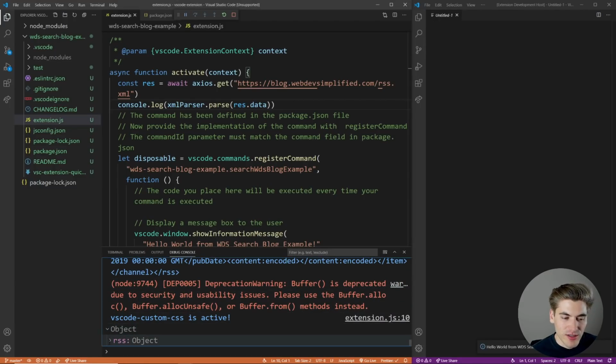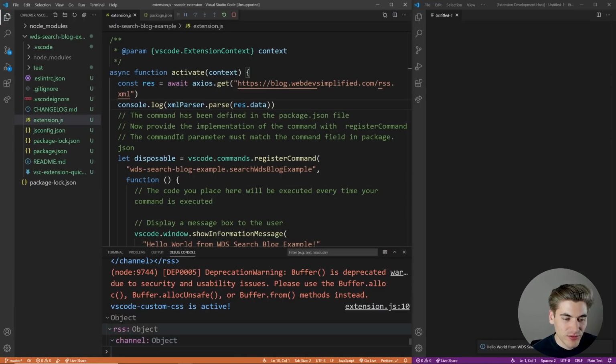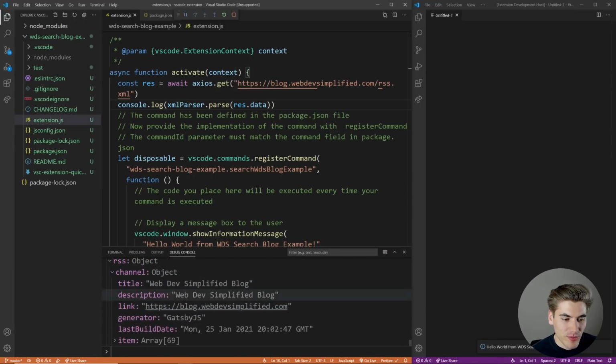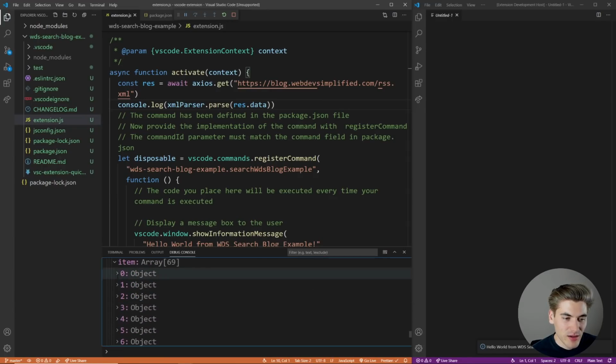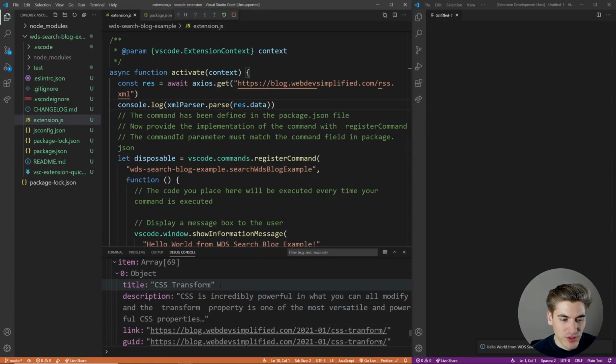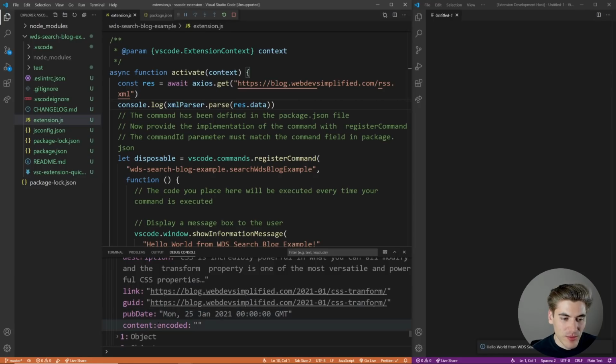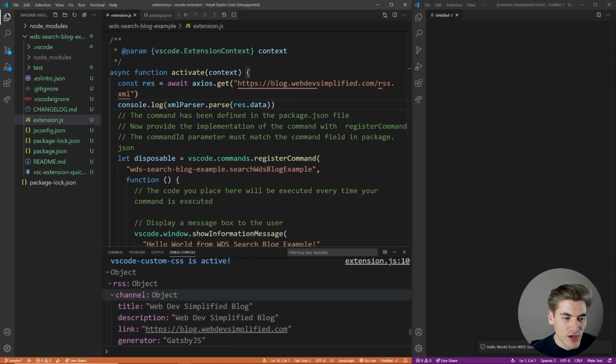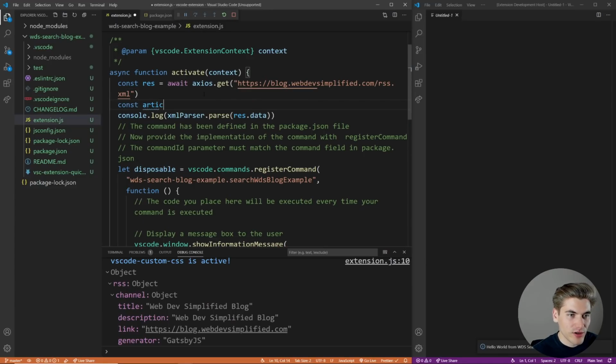This object has an RSS feed, it has channel, it has a bunch of information about my blog, but the thing we're most caring about down here is our item, because this item is each one of our individual blog articles with a title, description, link, a GUID, a pub date, so on and so forth. So we want to parse this object by getting information from it because we want the articles.